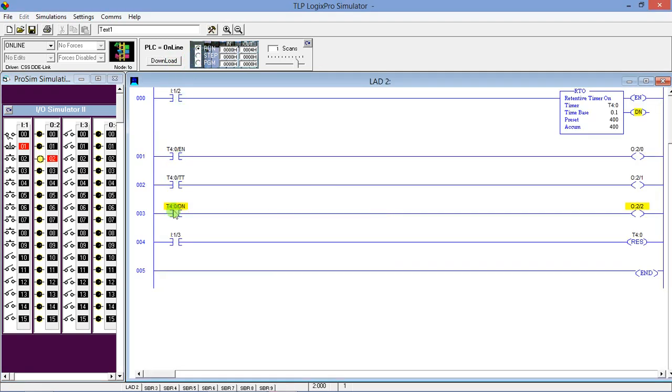Here you can see the accumulator value is equal to the preset value, so the done bit is high. So what I'm going to do is reset this timer by pressing this push button. When I press this push button, the reset is high, so the accumulator value is now 0. Once again,